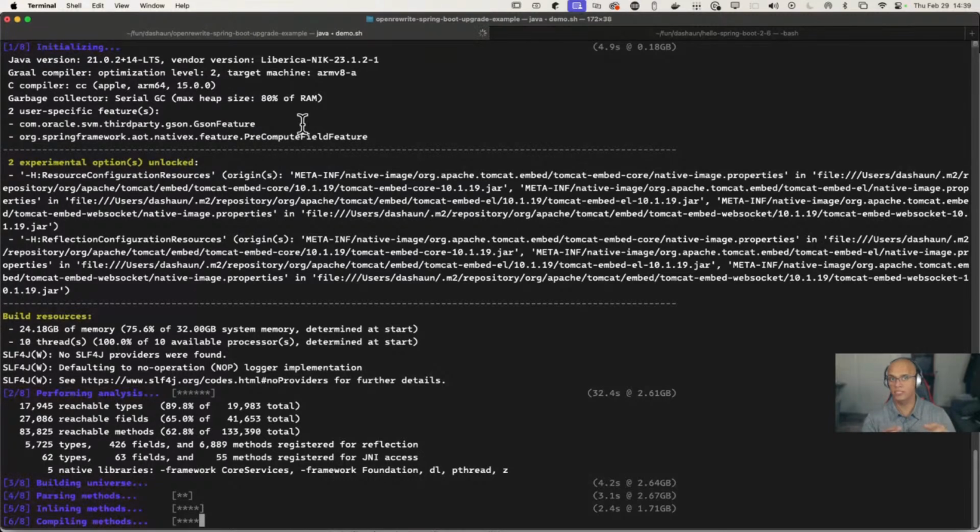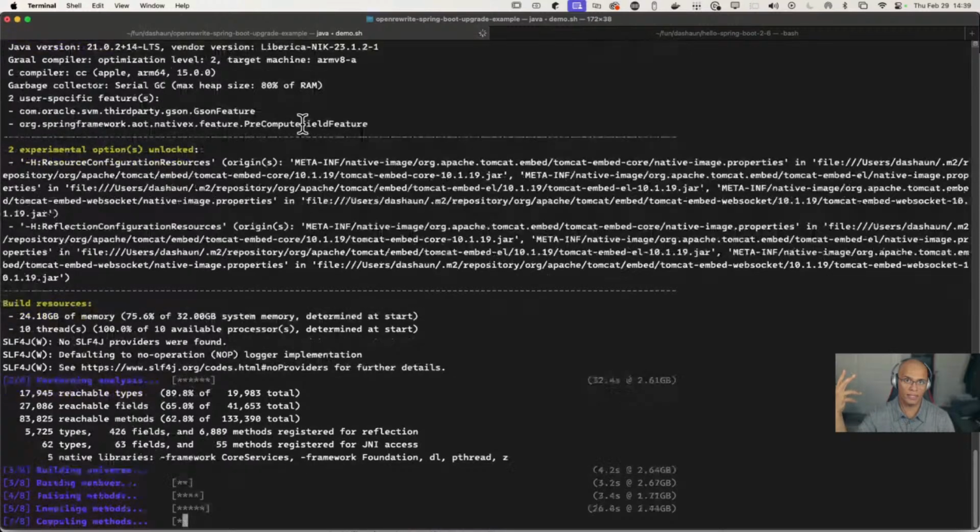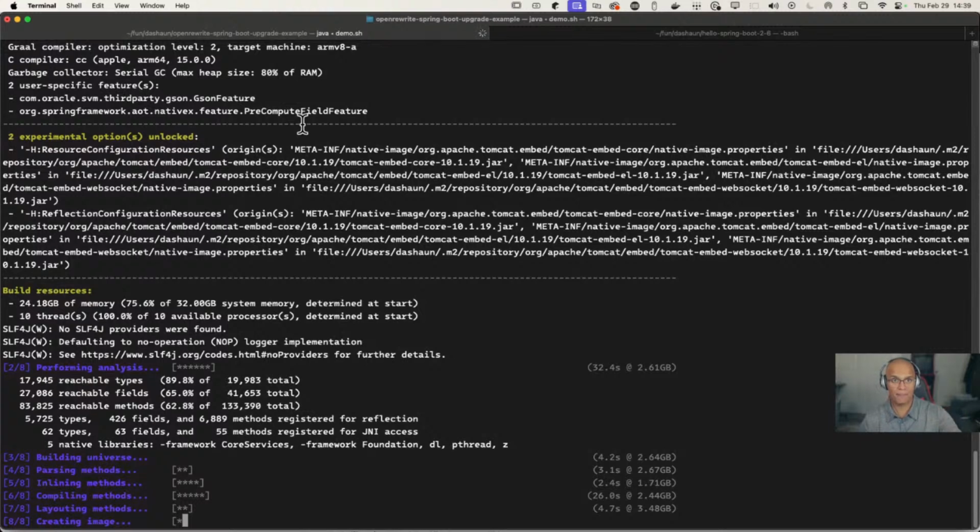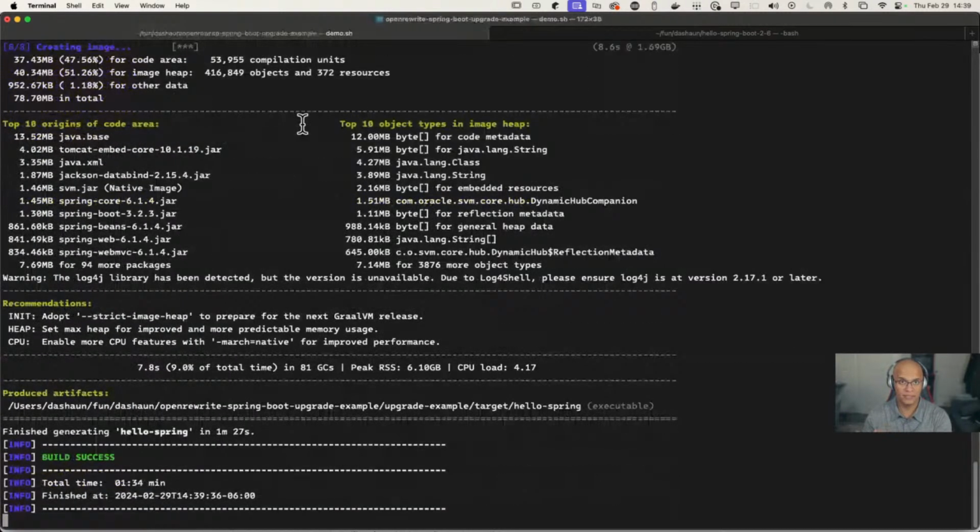So this native image gets rid of the JVM. It's analyzing all the code, analyzing the branches of code, and it's saying, hey, if you're not hitting that branch with these build time configurations, we're going to throw it away. And it's only grabbing the bits that it needs. So it's going to have all the bits that it needs from the application, optimized for this operating system. It's going to grab all the bits it needs from Tomcat that's serving this application. It's going to grab all those bits, and it's also going to grab the bits that it needs from the JVM, and it's going to compile it into a native